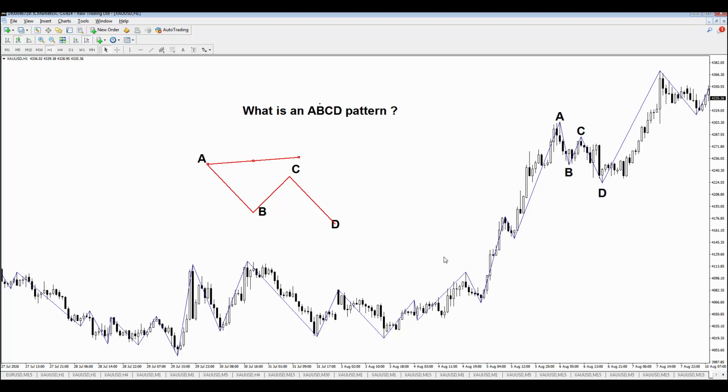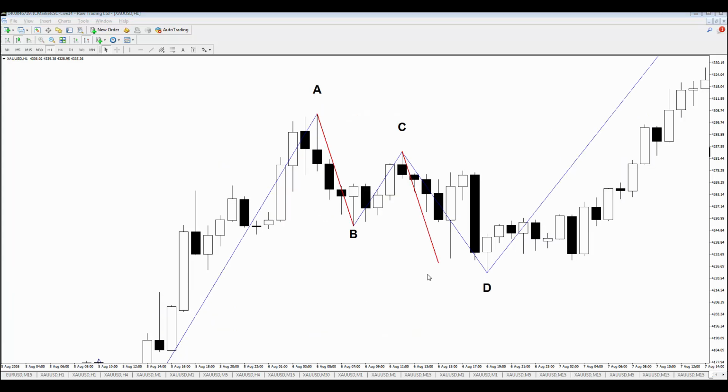So the creator of these patterns said that you enter at D when AB and CD are equal in length. So AB to CD equals 100%. However, that's not how I enter the patterns. So we've gone much closer into this ABCD pattern, and we're just going to measure a couple of ratios to prove to ourselves that the ratios that I suggested, the 0.618 and 0.786, are, I wouldn't say essential points of this pattern, because I actually realize that what's actually happening in this pattern is manipulation,